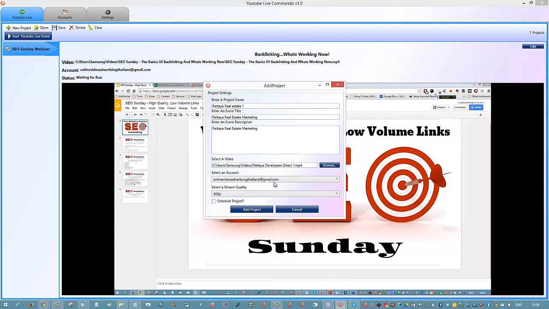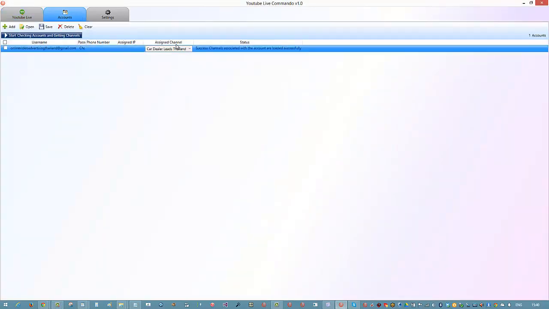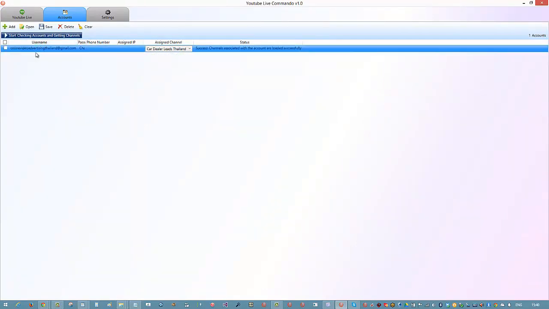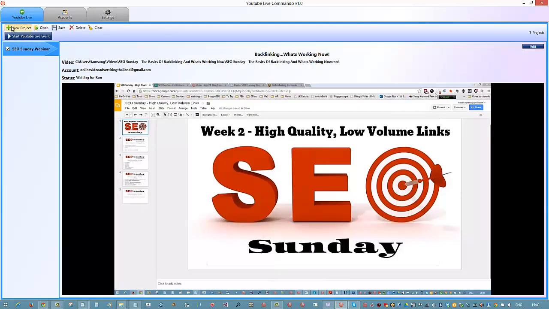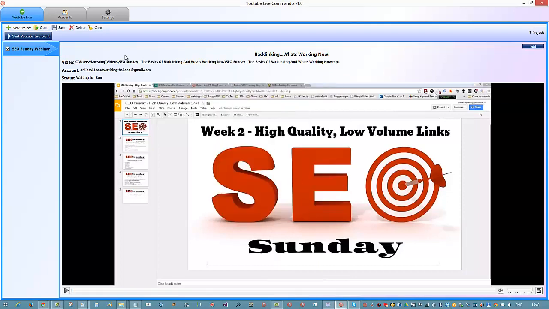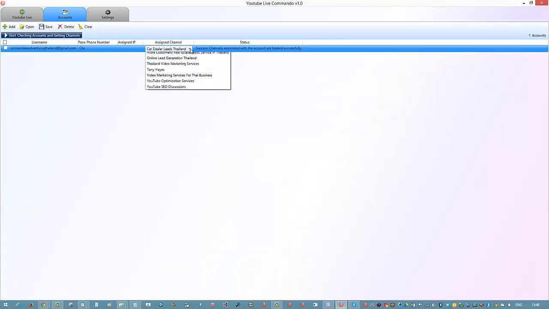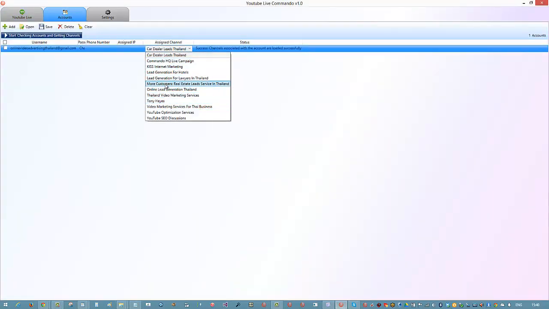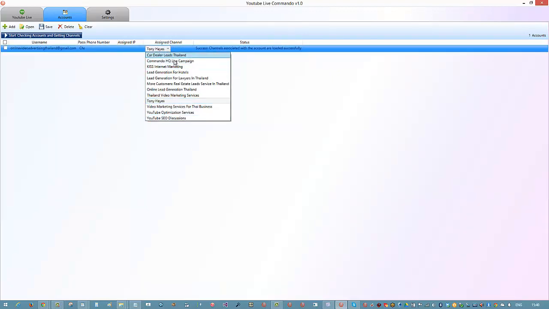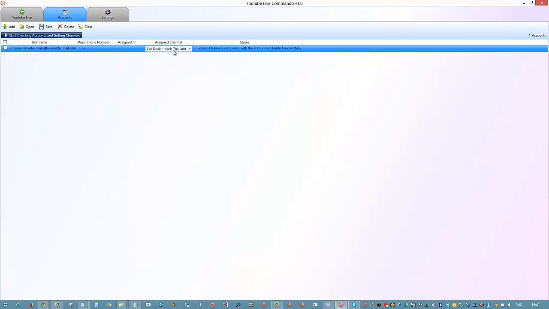Now, if I just cancel this quickly, if I'm in here, whatever one I want to use in here is the one that's going to be used. What it's doing is it's going to take the username when we put it into the YouTube Live. When we select from here, it's going to take the Gmail username, but the channel that it uploads to is the one that you have assigned here. So if I want to assign it to this one that says Tony Hayes, that's where it's going to go. I'm going to keep it in Car Dealer 1